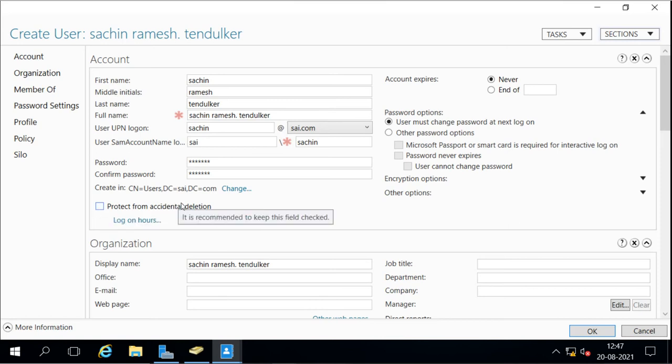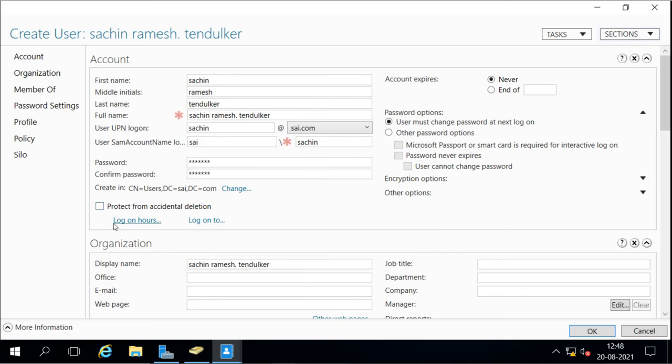So it is not like accidental delete, you are purposely deleting. If you select multiple users to delete, and in that you mistakenly selected this account also, and you delete, then if this option is not selected, the account will be deleted. But if this option is selected, then other accounts will be deleted, but this account will not be deleted, because for deleting this account you have to remove this checkbox. So it will not allow the account to be deleted accidentally.